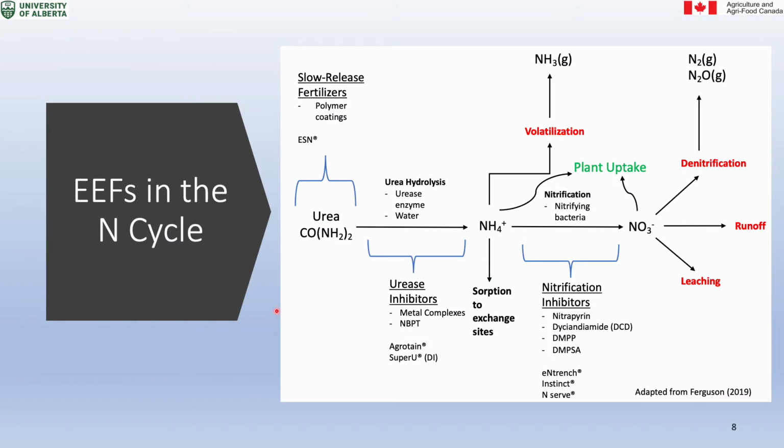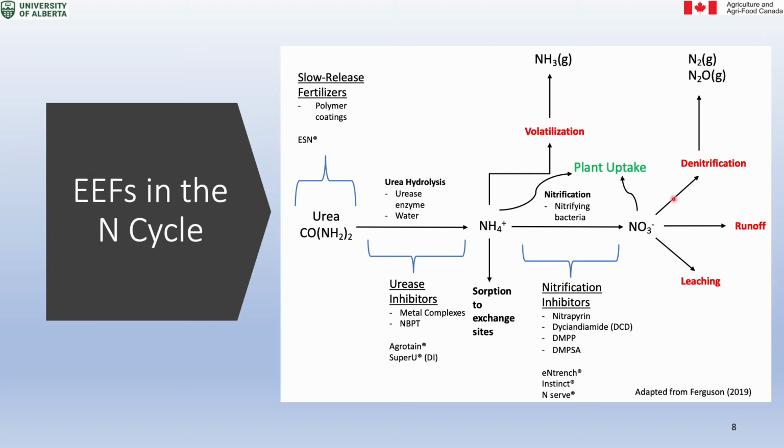This is a diagram depicting the typical fate of unprotected urea fertilizer when applied to field crops, and how the three most common types of enhanced efficiency fertilizers function. So, firstly, upon soil contact, urea will first hydrolyze into ammonium ions, and if these ions are near the soil surface, they can be subject to ammonia volatilization loss. After this, these ammonium ions can be converted to nitrate anions through nitrification, and due to their high solubility in water and negative charge, these nitrate anions can be lost to runoff, leaching, or be used in microbial respiration during